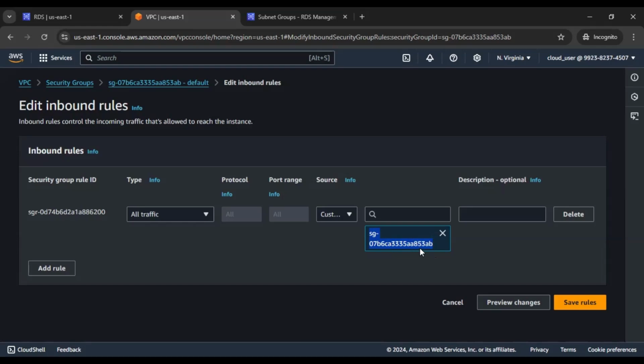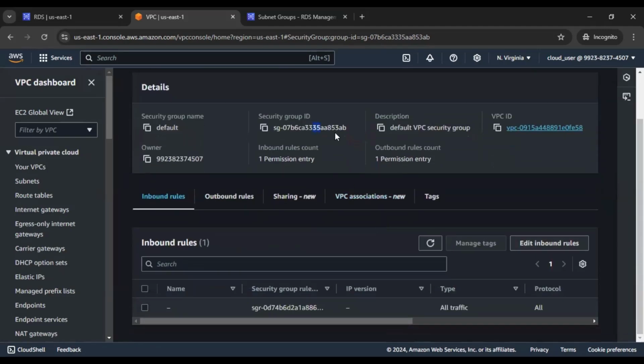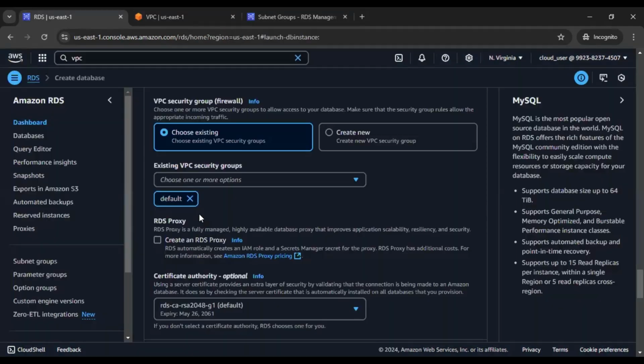Now this security group is 53AB. So 53AB is this security group. So this security group is actually allowing all access. So this particular default security group is going to be added over here. But for production databases, or where we want more secure databases to be created, we actually create a security group having limited access to those networks